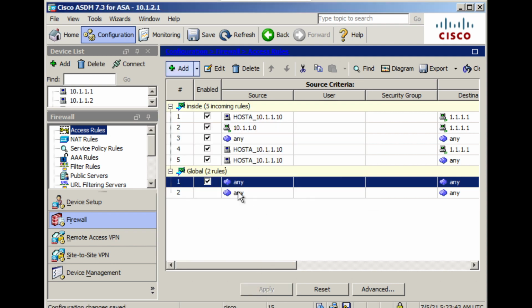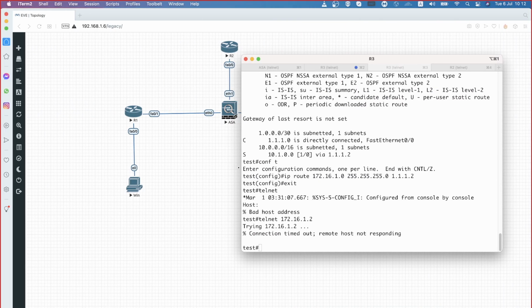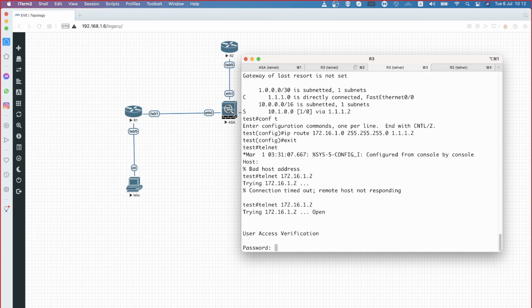When I do this apply, you can see the configurations are pushed, and then if I try to do telnet, I'll be able to do it. So keep in mind, while you are doing the configurations on your GUI, make sure that the apply button is pressed. Only then the changes would take effect. Whereas when you are working with the CLI, because you are doing the changes directly on the running configuration, you can see the effect immediately.